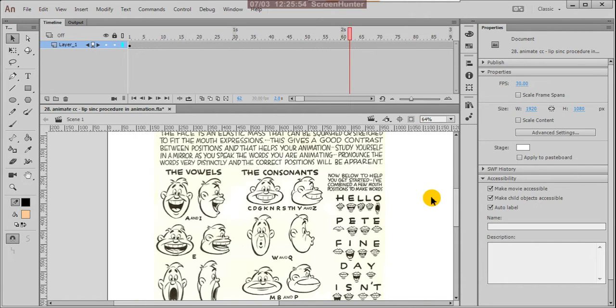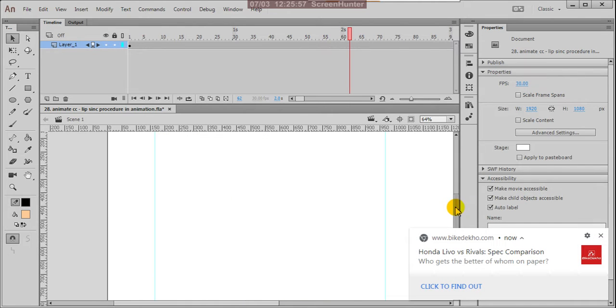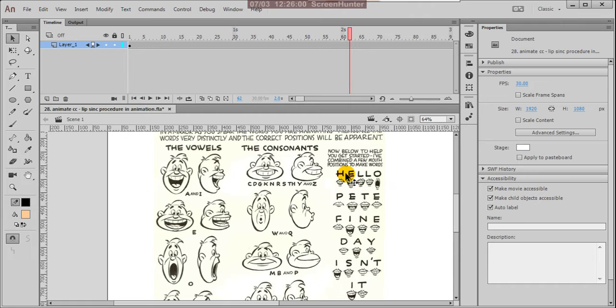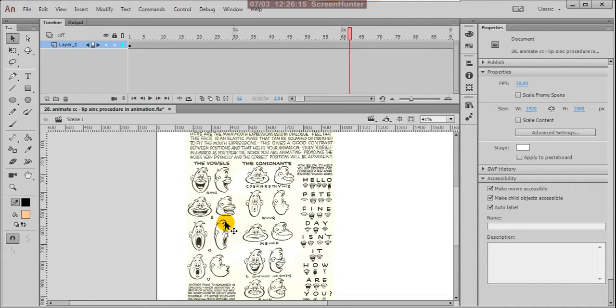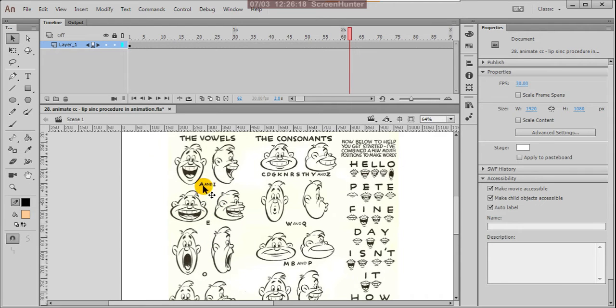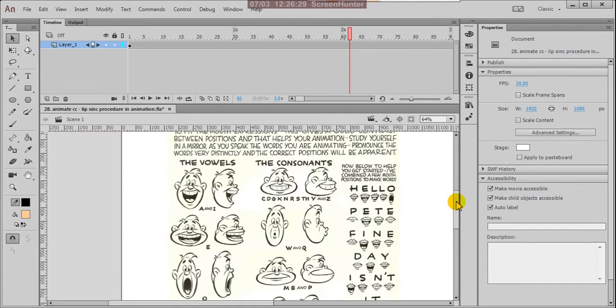Generally, in the English alphabet we have vowels and consonants. Most of your lips are designed from the vowels and the consonants. What are the vowels? A, E, I, O, U. These are the five: 1, 2, 3, 4, 5. The remaining letters are consonants. In the alphabet, A, E, I, O, U are the vowels.